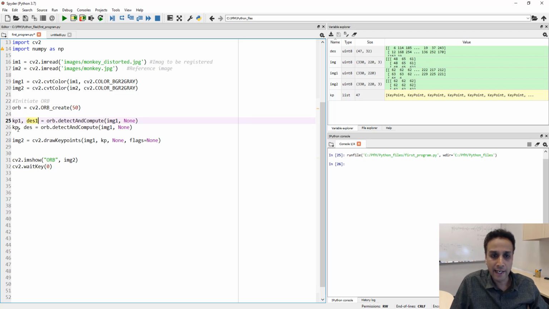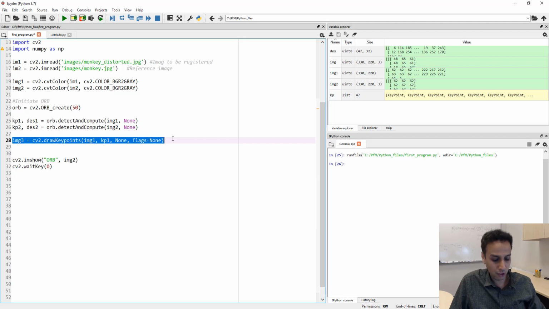That's fine. And keypoints 2, descriptor 2, and it's going to use image 2 right here. Now this line, we originally had it to draw the key points. So let's go ahead and do that. Image 3 is nothing but looking at image 1 using keypoints 1. And image 4,